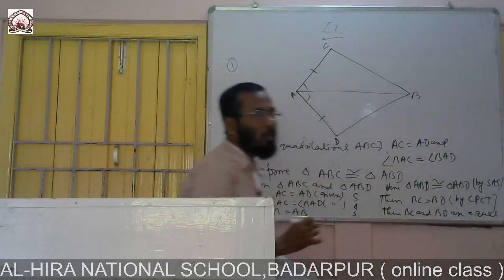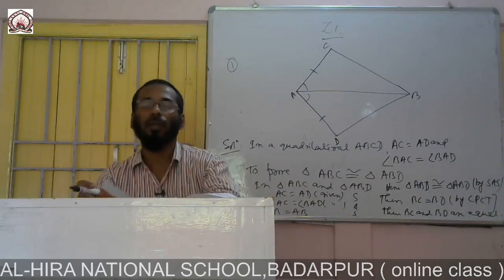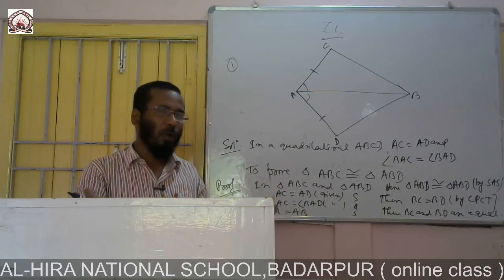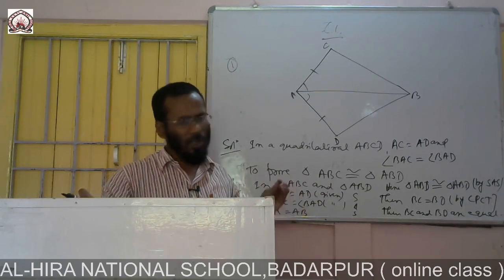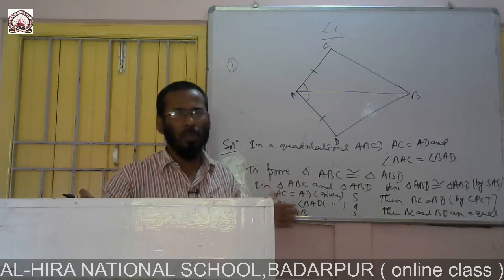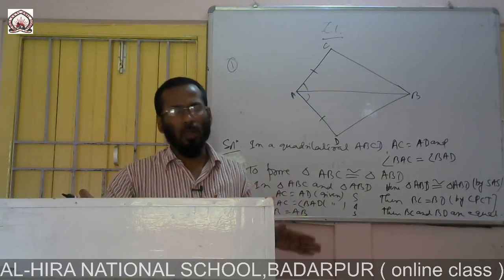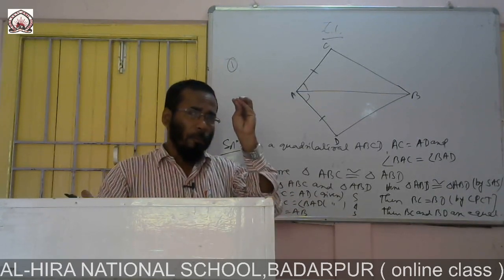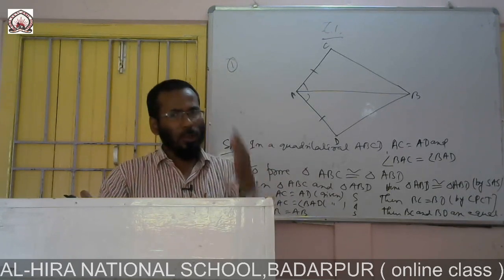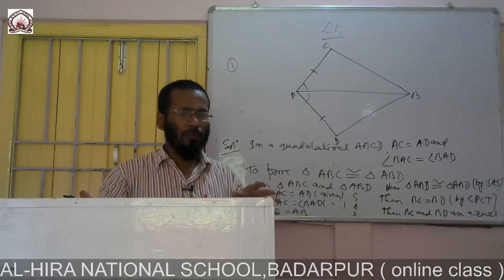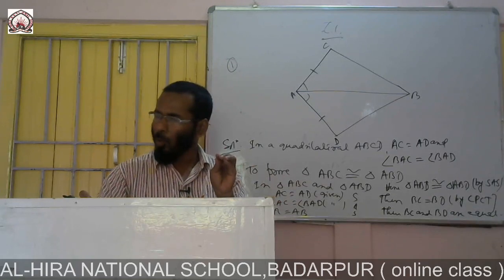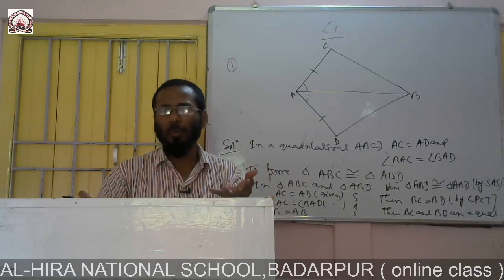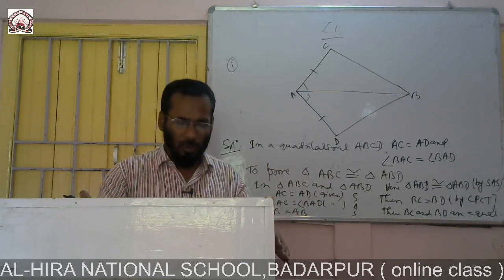So first of all, you draw the figure, and after that whatever is given in the question, you write these things, and then the proof. If any construction is there, then in the middle you write the construction. After that you mind map the concept of this chapter, and after mind mapping you think in what way you should go, use your creativity and learn, and then you can prove easily.